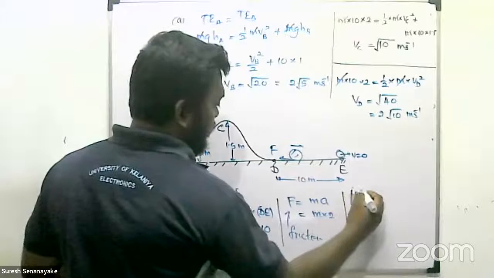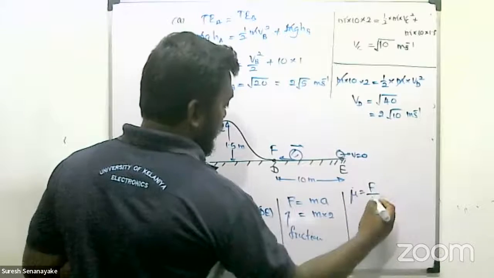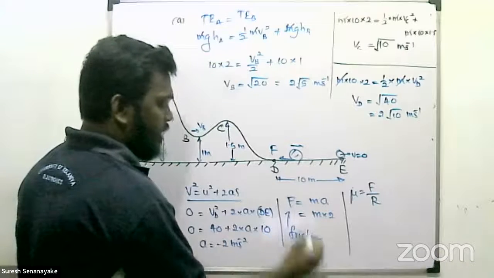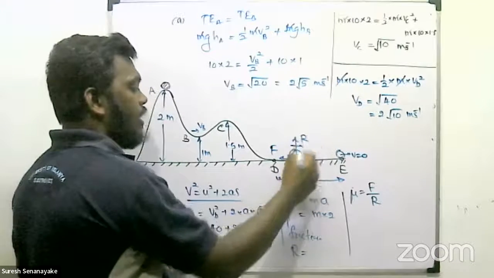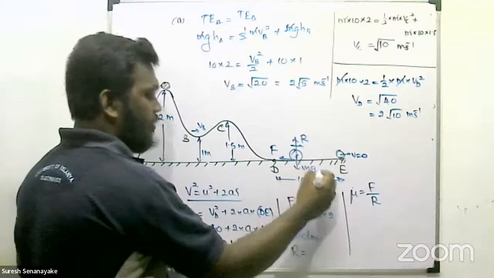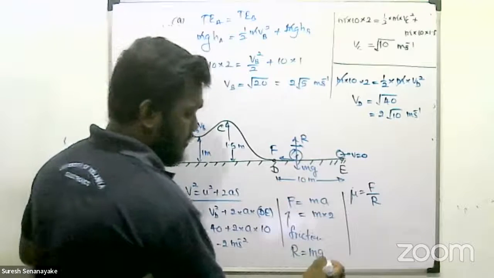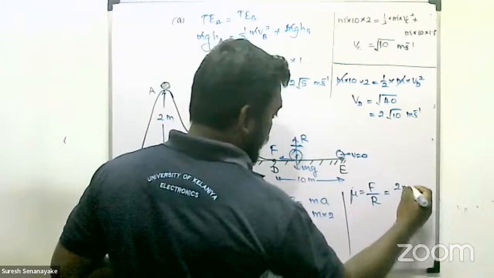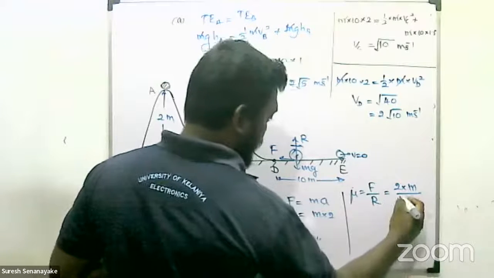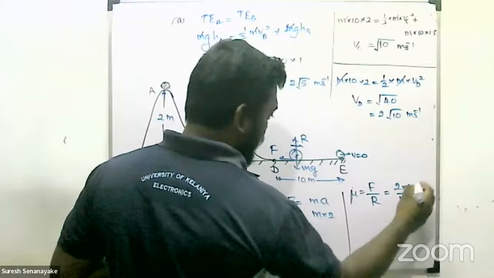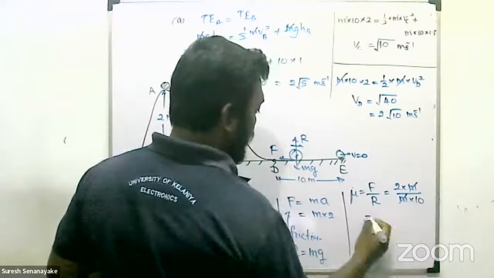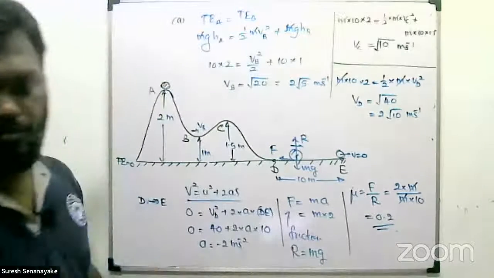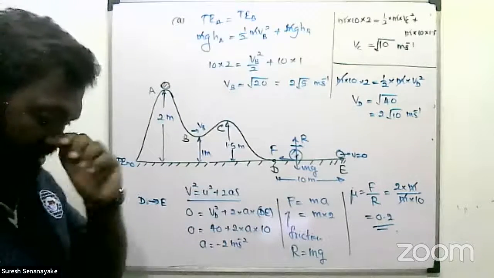And mu equals the friction divided by R. Here R is the normal reaction, which equals the weight of the body. So this is 2m and this is m into g, which is 10. So m cancels, and mu equals 0.2. That's the coefficient of friction